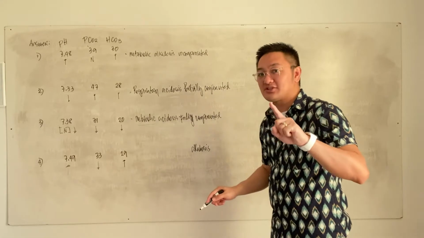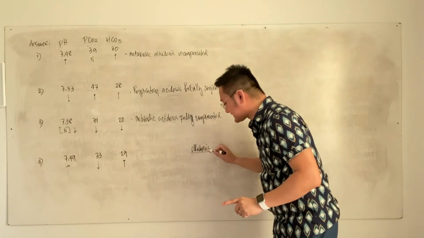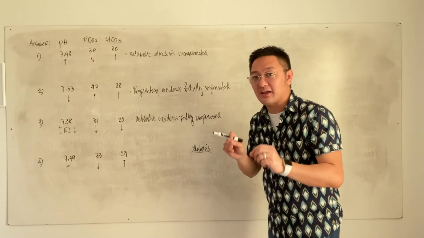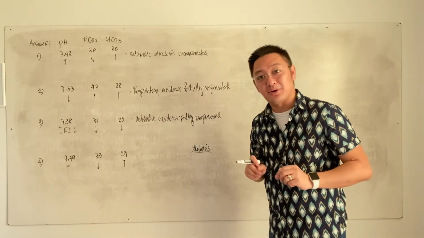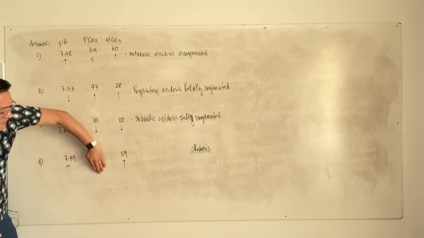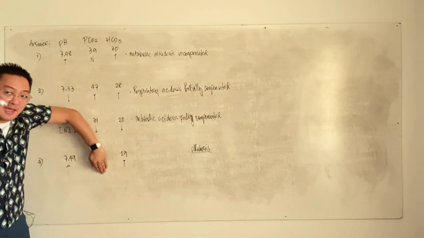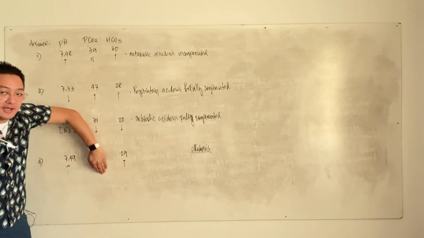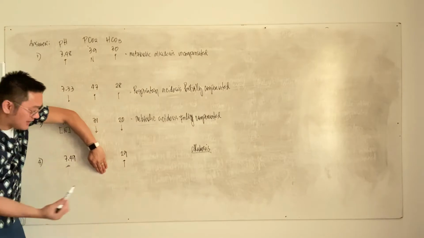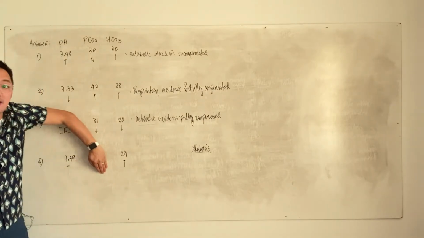Remember the steps in your ABG reading? The first step is to check the pH, and we were able to identify that the pH is alkalosis. Now, let's identify if this is respiratory or metabolic in nature. Let's try to cover your PCO2. If you cover PCO2, you check the bicarbonate and the pH, you suspect metabolic. If it is metabolic, these two must be equal. Are they equal? Yes, they're equal. Therefore, it is metabolic alkalosis.